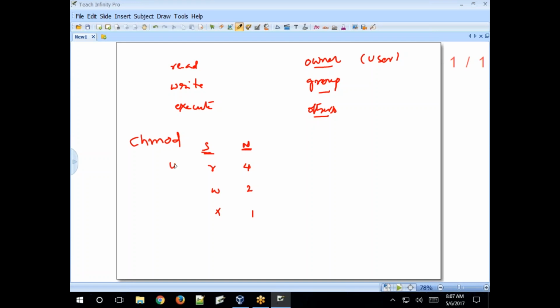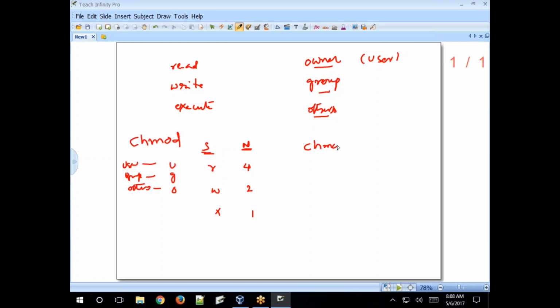U. Group, G. Other, O. So user, group, and others. Clear? Now how to set permissions for user, for group, and for others?